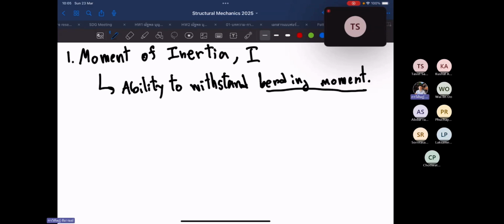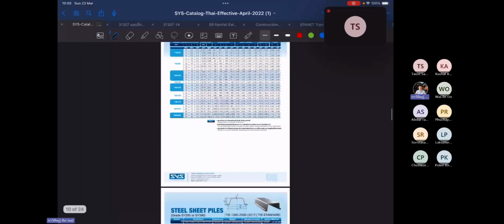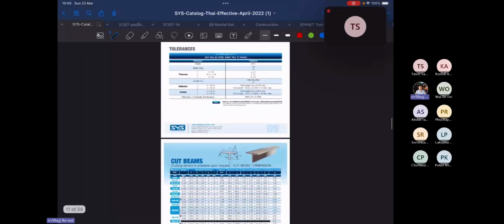Then we engineers have to be able to roughly calculate this moment of inertia. Roughly is okay, because to calculate detailed moment of inertia of a real structural section is quite time consuming, because the shapes of the structural sections are typically not perfectly rectangular. Let me show you the steel table. Okay. For example,